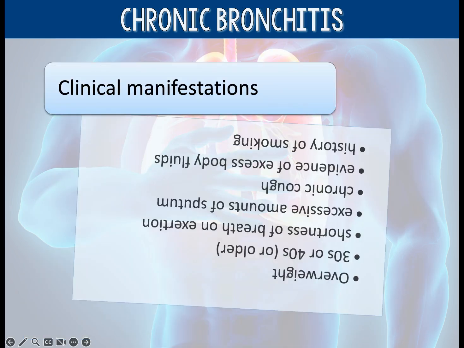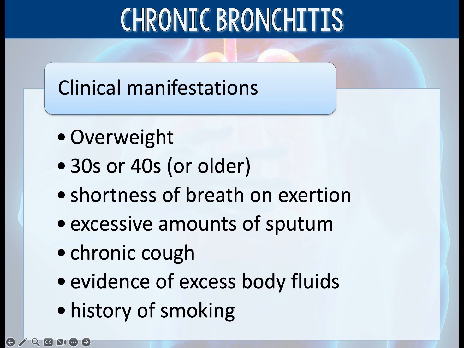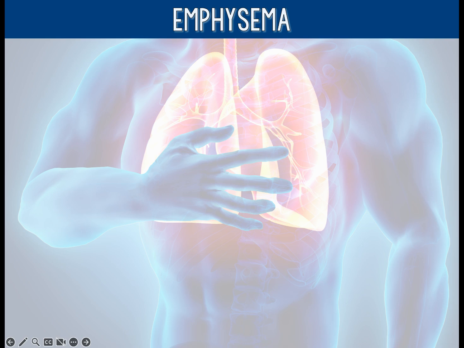So, what do we see in chronic bronchitis? You can see patients are usually overweight. They're in their 30s or 40s. They get very short of breath with even very little exertion. So they walk from one end of the room to the other end of the room and they're already short of breath. They have excessive amounts of sputum. They're always coughing and they're coughing up stuff. They have this cough that just will not go away. And then you'll see evidence of excess body fluids, and they'll usually have some kind of history of smoking,